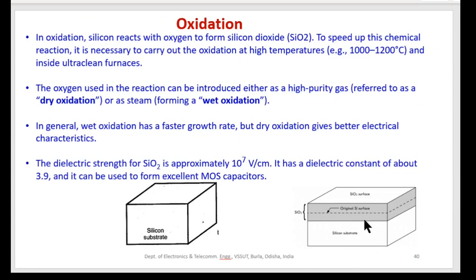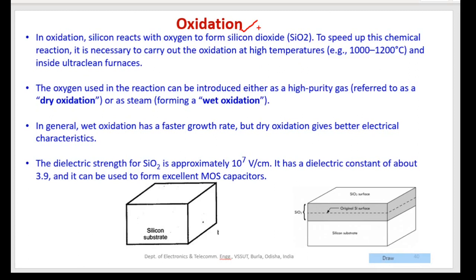There are a few terms which are common steps in the fabrication process of ICs. We will see those terms first one by one, and then we will go to the overall steps for the actual fabrication. But before that we should be comfortable with those common process steps that are used in IC fabrication.